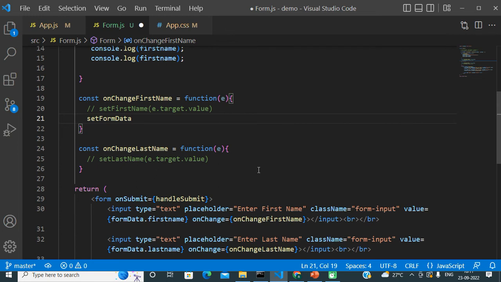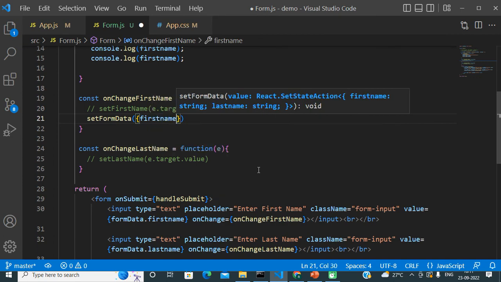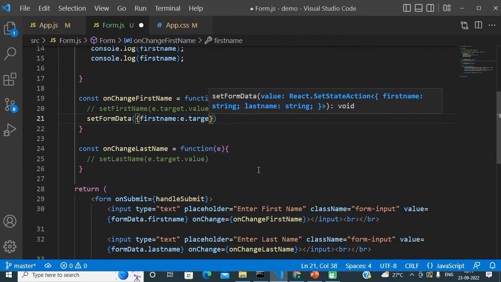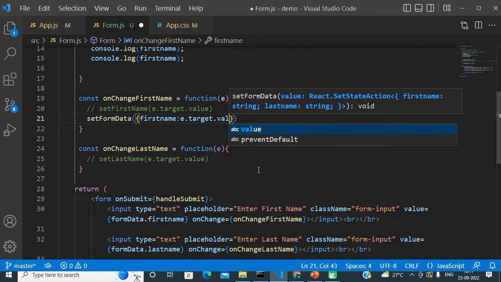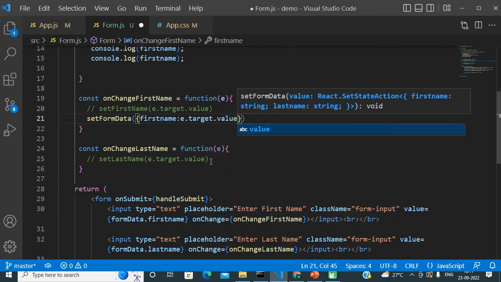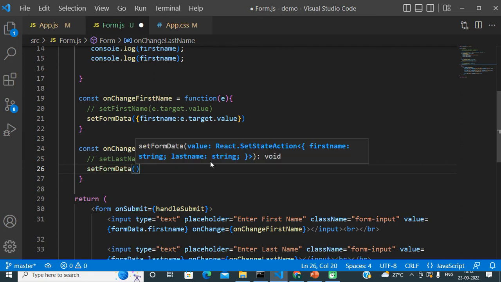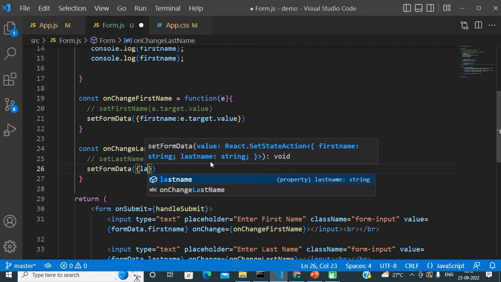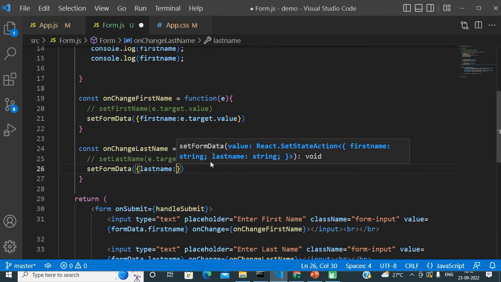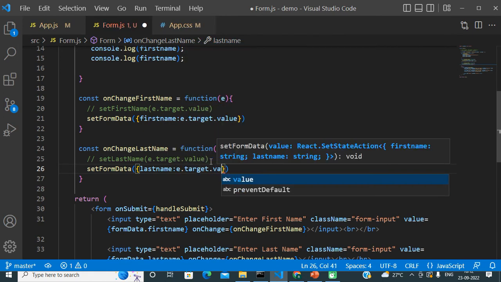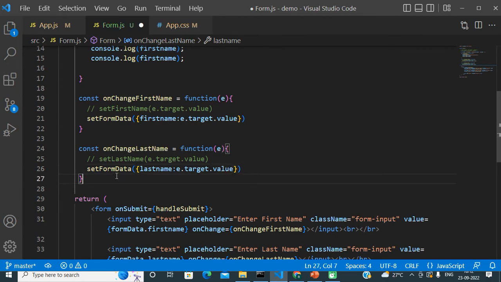If we pass something like this, first name dot e dot target dot value, and the same for the second input field, last name dot e dot target dot value.